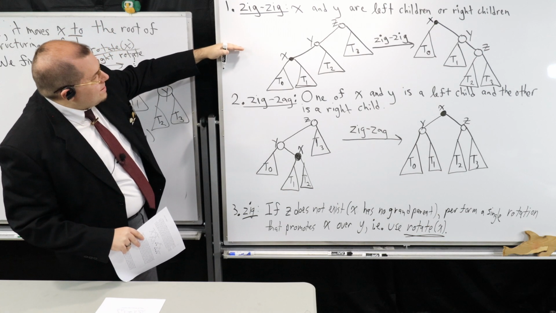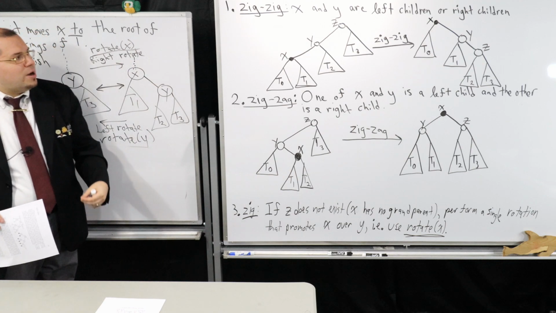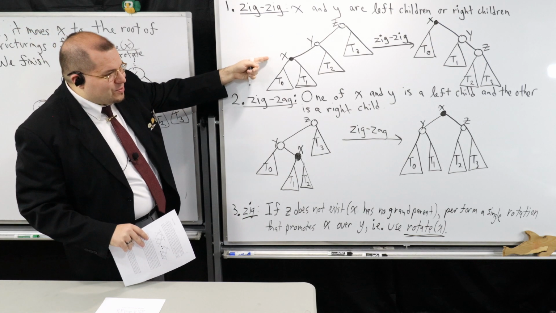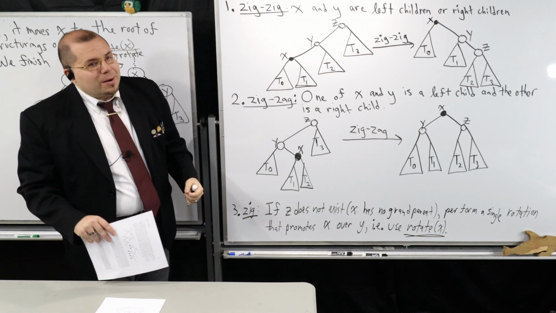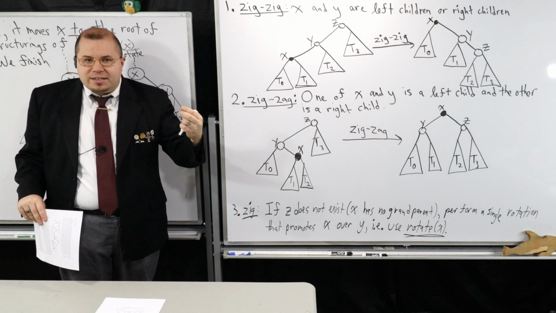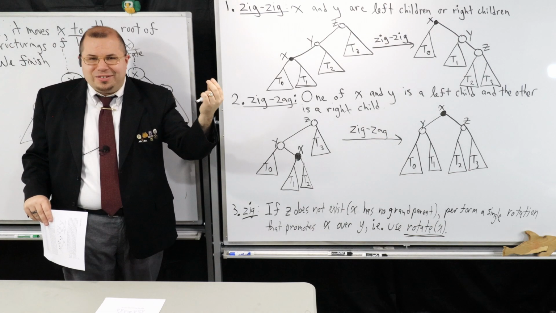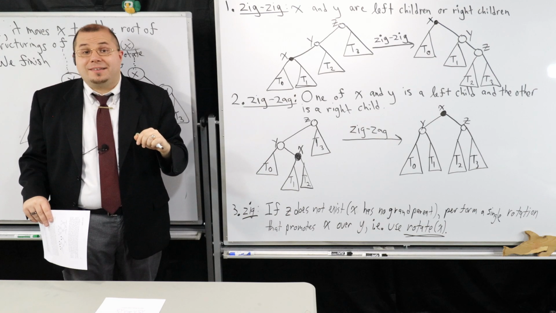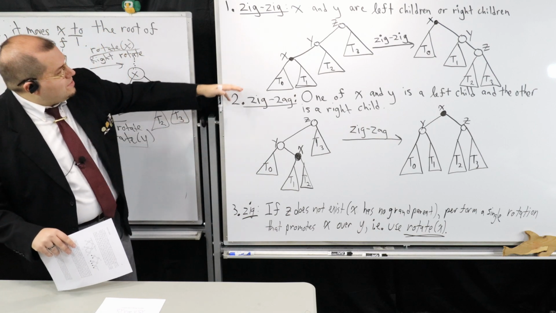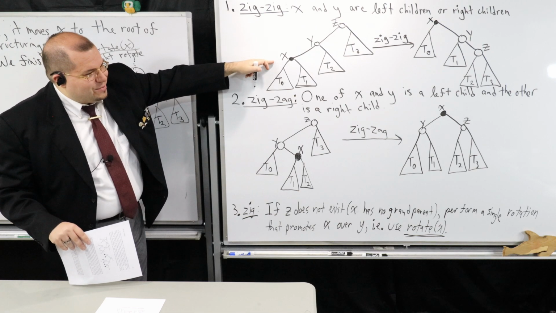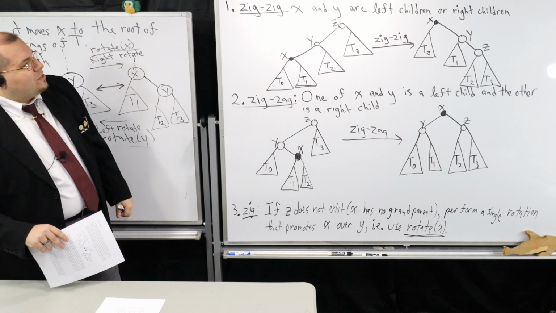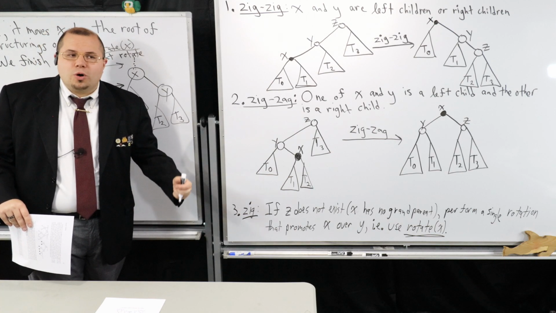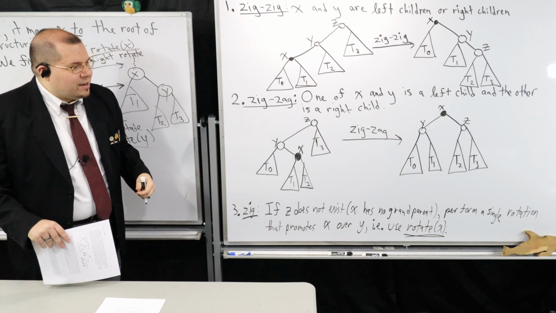So the zig-zig, this is what's going to happen when you have 3, so imagine I tell you I have node x. What I'm going to do is consider its parent and then its grandparent, if its grandparent exists. So there's going to be 3 nodes that are going to get involved in this process at most. So this is the one that I want to get towards the root, this x right here. So there may exist a parent and then there's a grandparent. So I'm going to work my way up the tree by considering